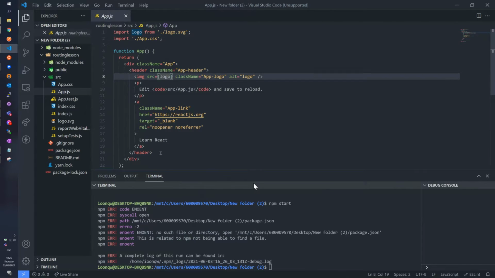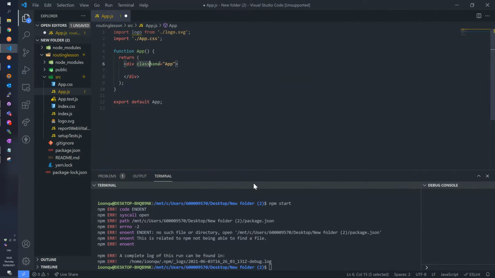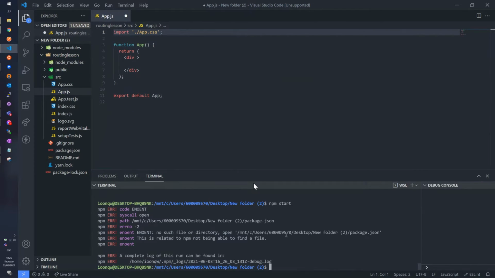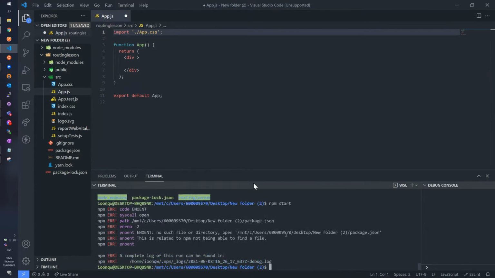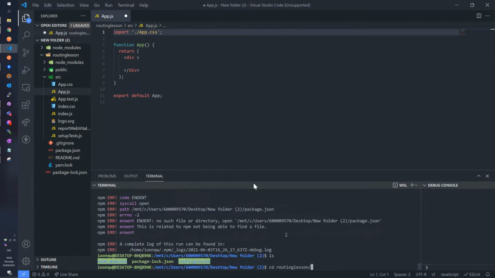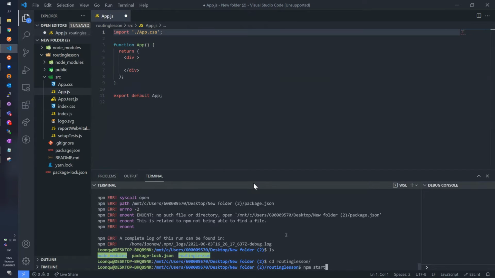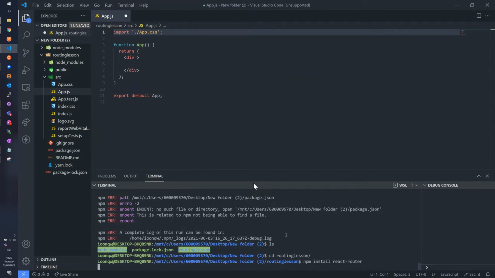I'm going to clean up everything, just leave the main div. So install this again. Yeah, I installed things in the wrong folder.